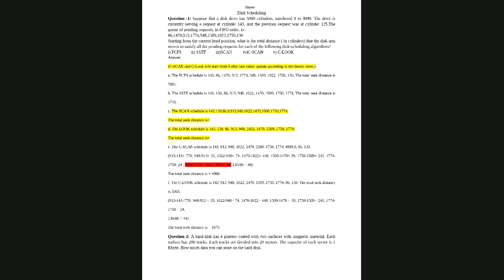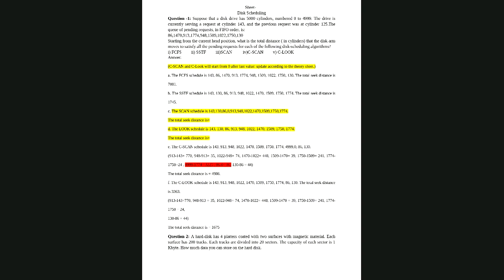Today in this session, I will be discussing the last sheet about disk scheduling. You can pronounce it either way, both are the correct accents. So let me begin. Already I have uploaded the sheets in the Blackboard. You can check, and this is one of the solutions of the disk scheduling algorithm.